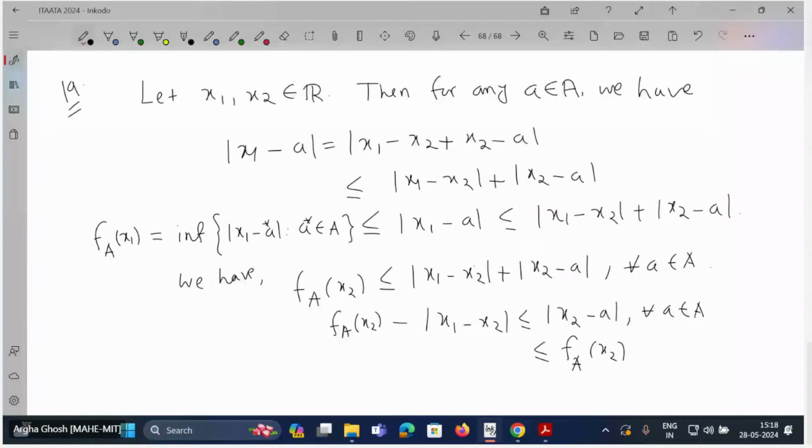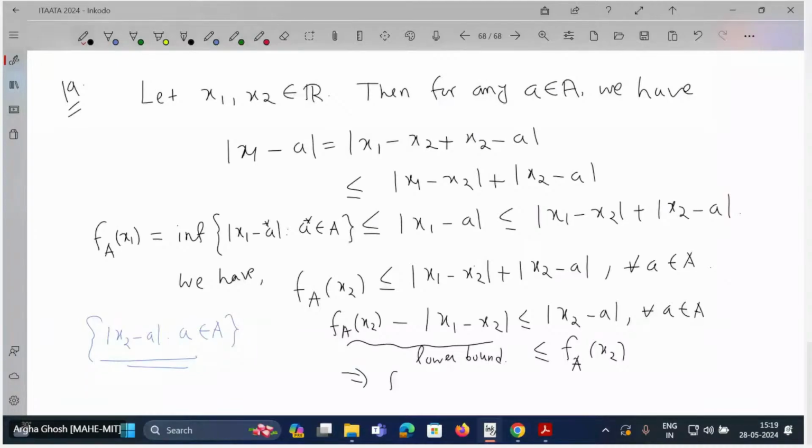So what is the thing? This is your lower bound of the set. Which set? This is a set, let me write it: x2 minus a such that a belongs to A. This set has a lower bound, this one. So the infimum of this is obviously going to be greater than the lower bound, correct? Therefore this is nothing but the infimum. Okay, so this is less than this, and this proves that